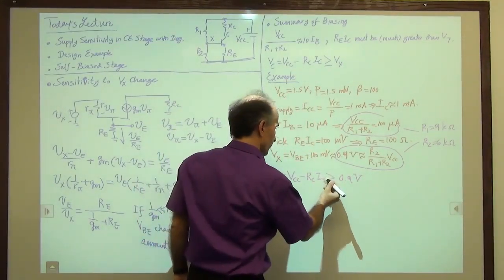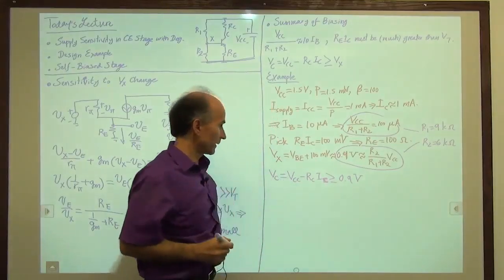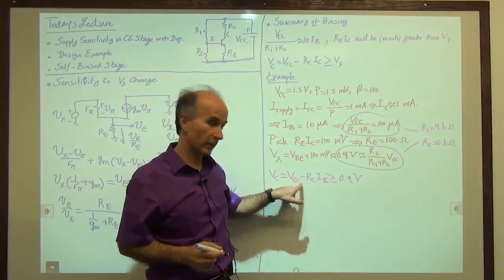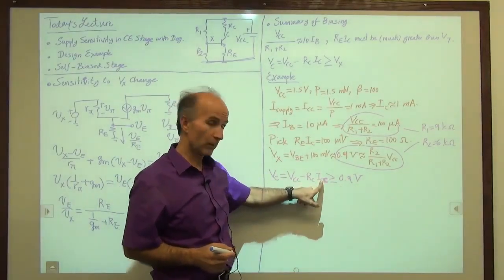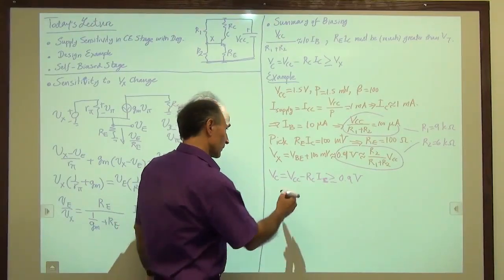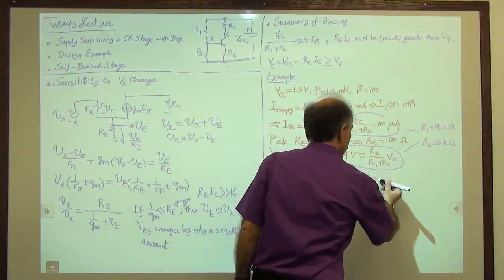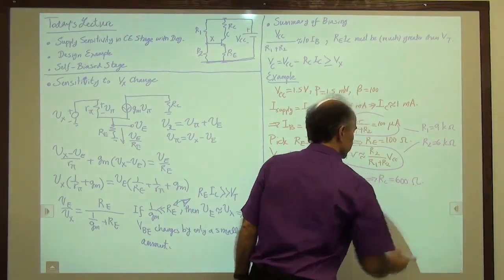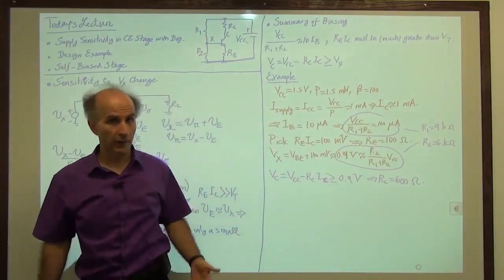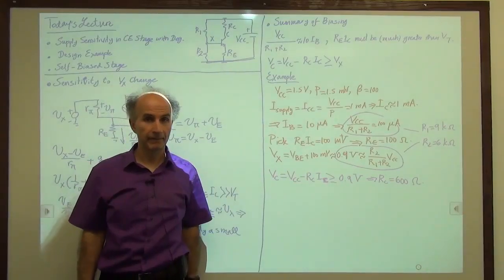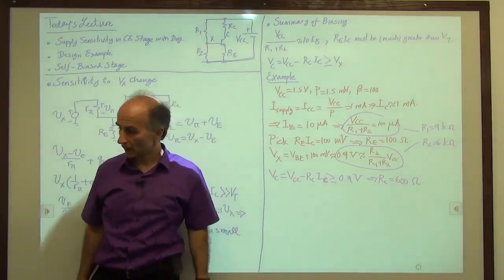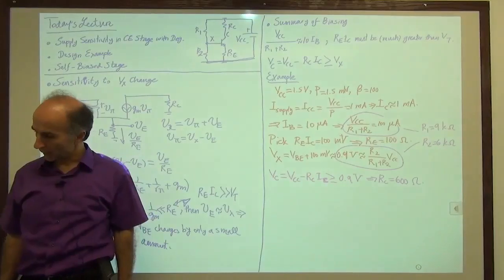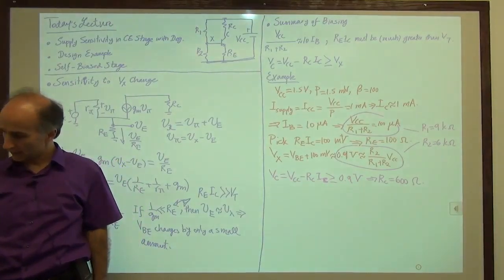This should be IC. So that's easy. 1.5 volts here, 0.9 volts here. IC is 1 milliamp. We can find RC. So that gives us RC equals 600 ohms. So that's all we have. That was easy. Okay. All right, we found these values, and now